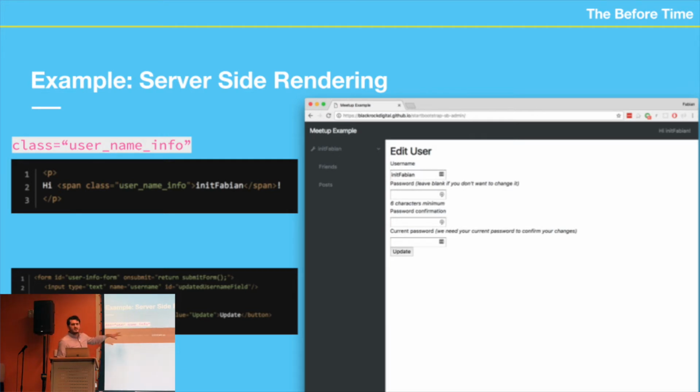let's pretend. Don't worry. If you can imagine what it is that I'm pointing at, then that's fine. Just know that this is a span with the class of username info. This is important for later on, but I just want to say that this is hard coded in the P tag, like my name, right? And so this is server-side rendered.